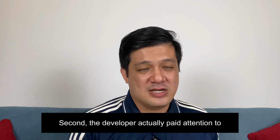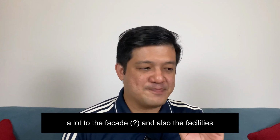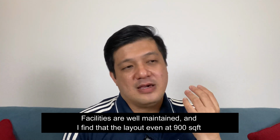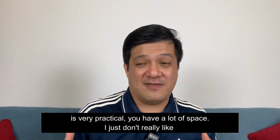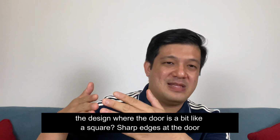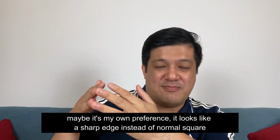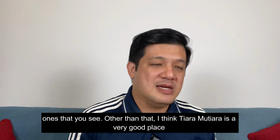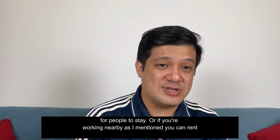That is one advantage. Second, the developer actually paid a lot of attention to the facade and also the facilities. The facilities are well maintained, and I find that the layout, even at 900 square feet, is very practical. You have a lot of space. I just don't really like the design where the door has sharp edges instead of the normal square ones that you see. Maybe it's just my own preference. Other than that, I think Tiara Mutiara is a very good place for people to stay,